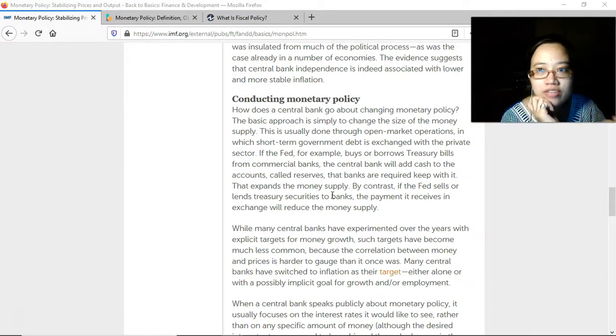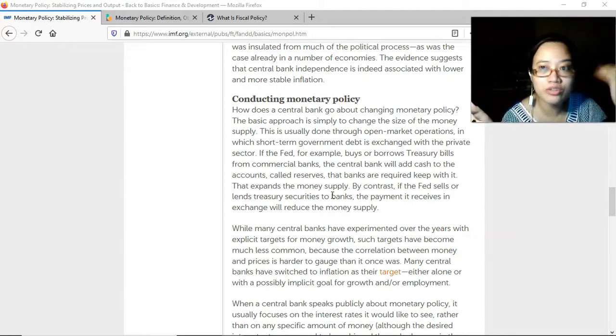But if the central bank wants to decrease the reserve requirement, let's say from 20% to 10%, the banks can lend that extra amount, and lending that to the public would increase the money supply in the economy. And on the reverse side, vice versa,